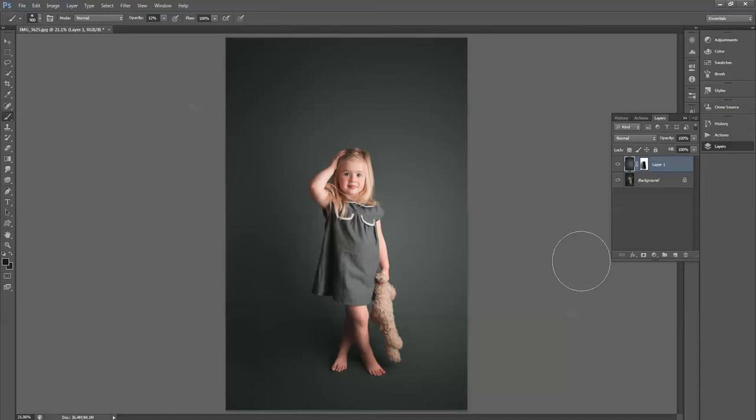So that's something you have to be aware of. You can fill in all that missing area, but you've just got to make sure that you're not making it look completely unrealistic as well. It's always good to flick this on and off just to see which bits you need to bring back in as well,